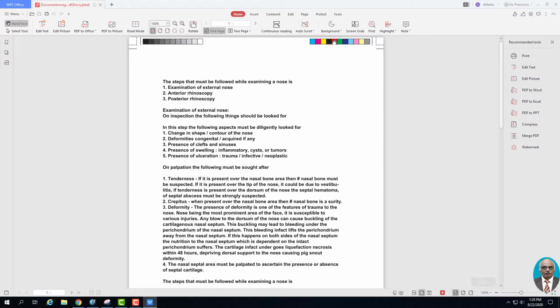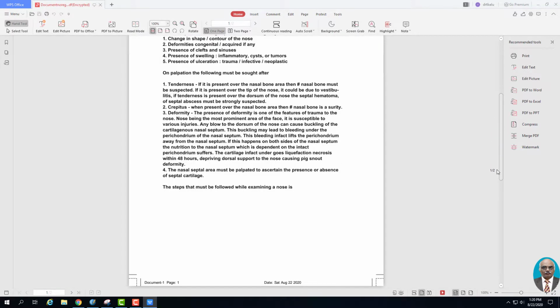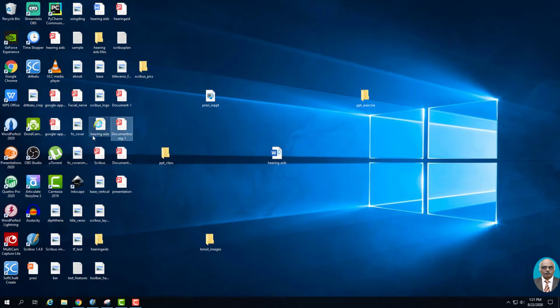Here, this is actually the color bar which will be printed. So this is the white and grayscale bar, this is the color bar. So this is how the color bar will look. Then you see the page details. This is actually document 1, page 1, and the date when it was converted. These details will be given as page details, and then you have the margins. These are the margins which are visible.